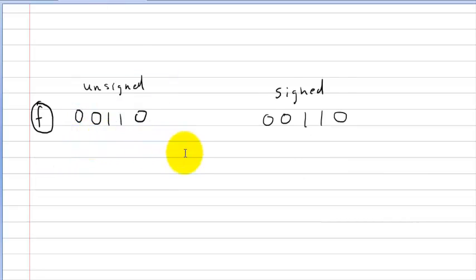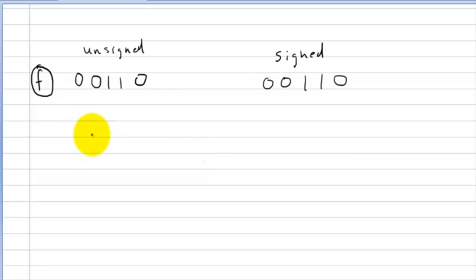Now the last one, let's go ahead and do F. So this is going to be 0, 2, 4. So this is going to be 6, and these will be the exact same thing. And if we wrote these out,